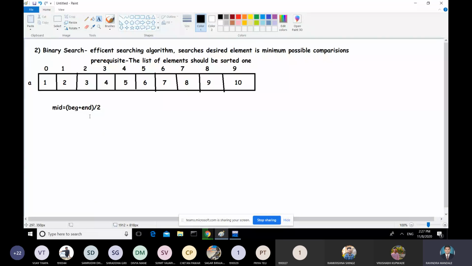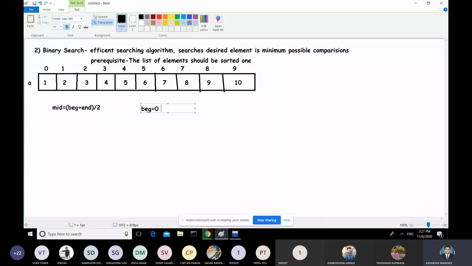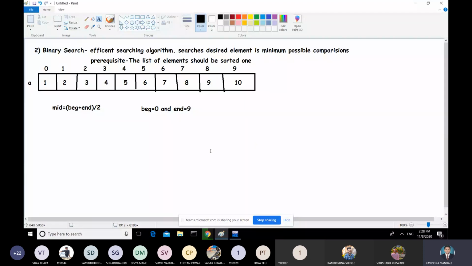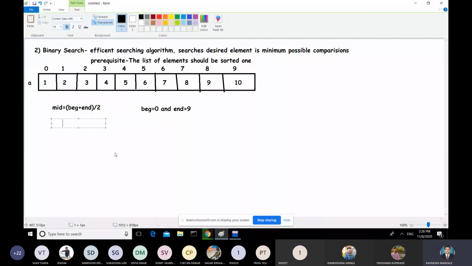Now what is beginning here? Initially, beginning will be 0, and end will be 9, that is the number of elements minus 1. This will change based on the steps you perform next, but initially beginning is 0 and end is 9. So calculate the mid of this array.